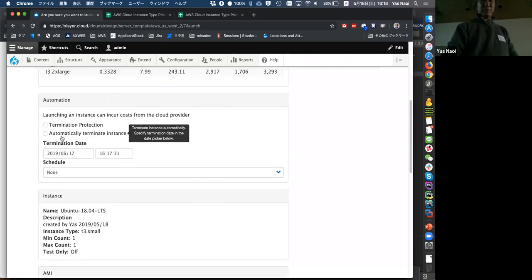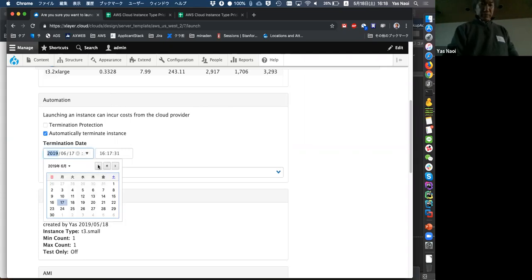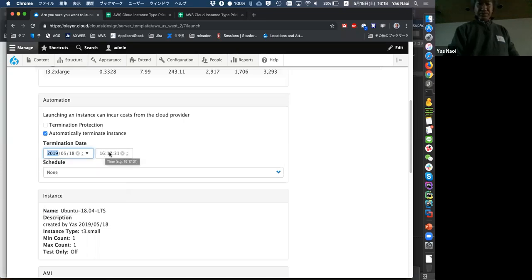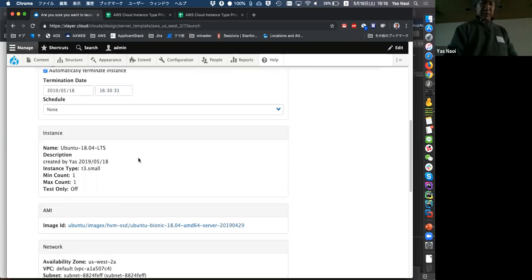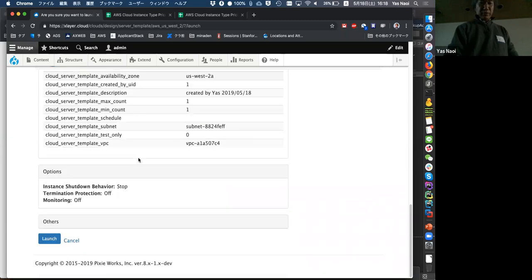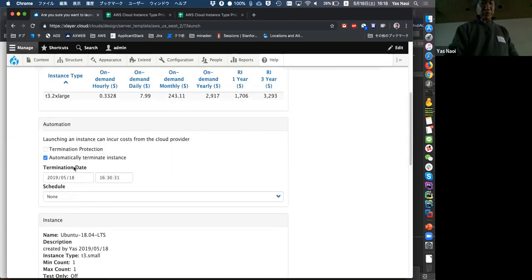And then we even put in an option to automatically terminate the instance by specifying the termination date like this. So if I click this one, we can select, for example, today, and then, for example, 4:30 p.m. And then we can configure this option.